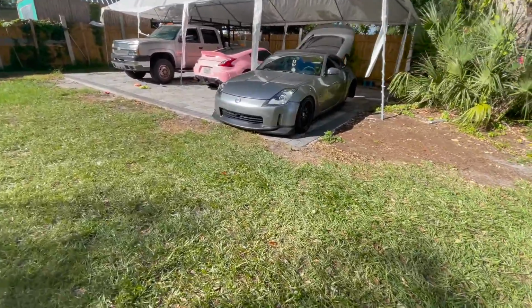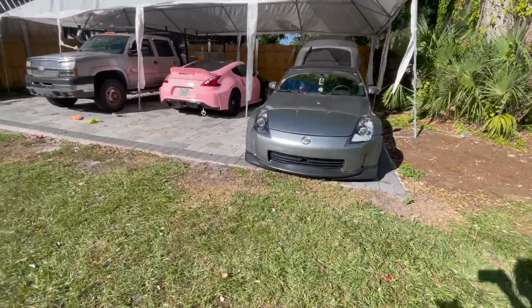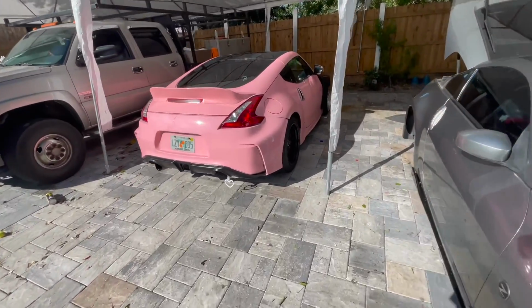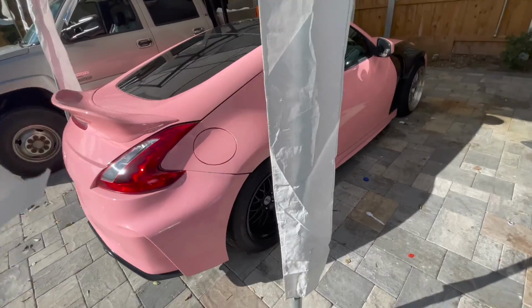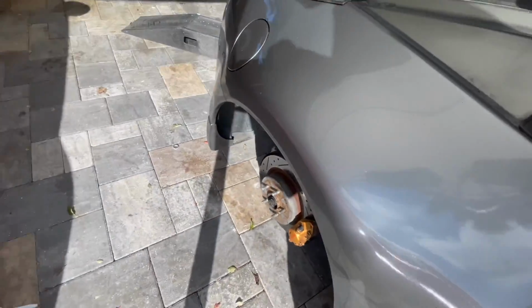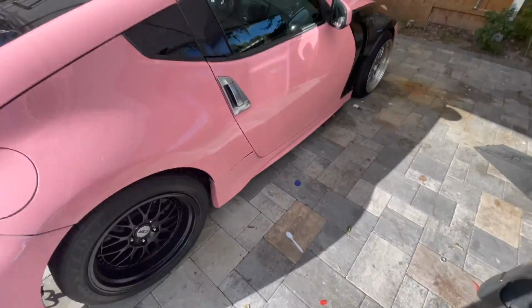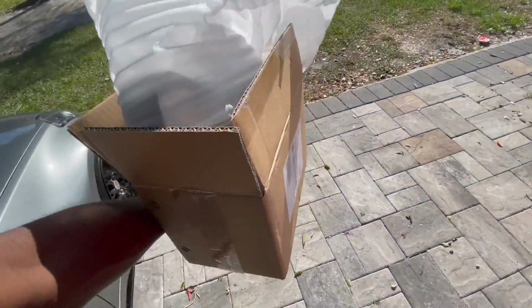Sheesh. Not gonna lie, this looks good. This girl got a flat tire this morning, so I had to take off my wheels and put them on here for the time being. So the Z doesn't have any rear wheels, but we're not gonna need that for this. So in this box,